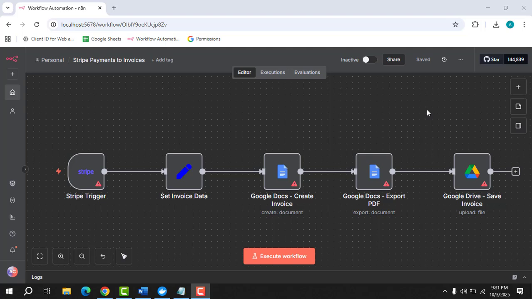Today, as you can see, you learn about Stripe payments to invoices. You learn how to generate invoices from Stripe payment using n8n. So, what you learn in this tutorial? So in this tutorial, you learn how to automatically generate invoices every time a payment is completed in Stripe using